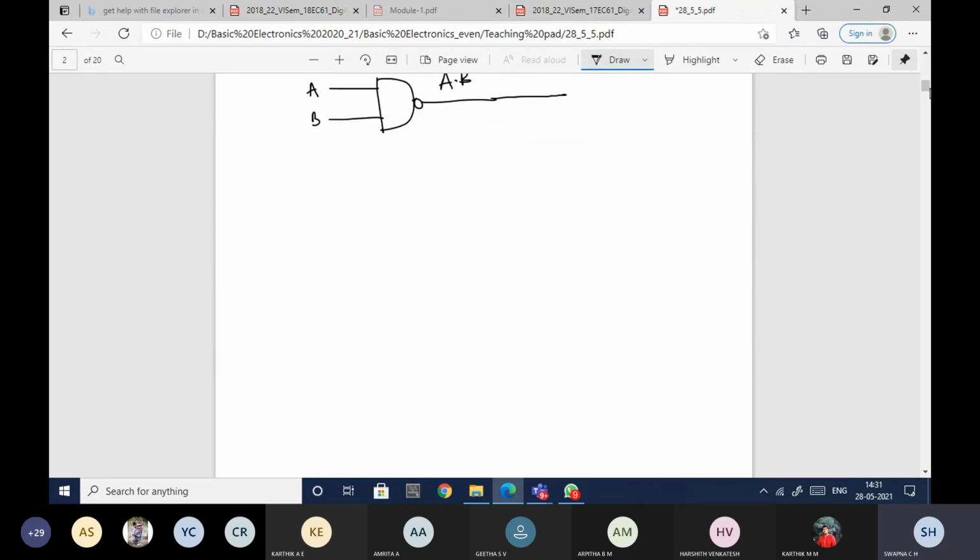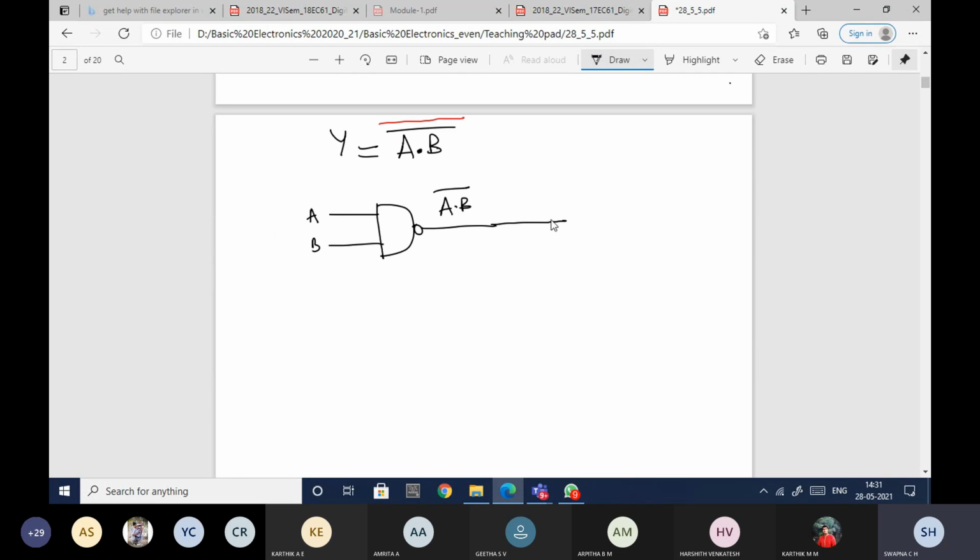If you observe, here I have got A dot B complement, but I need one more complement, so that I can use one NOT gate to get A dot B complement of complement. But I cannot use this gate. Instead, I can replace the NOT gate with a NAND gate, which I have shown you before. Instead of the NOT gate, I'm using one more NAND gate, with both inputs being AB bar.